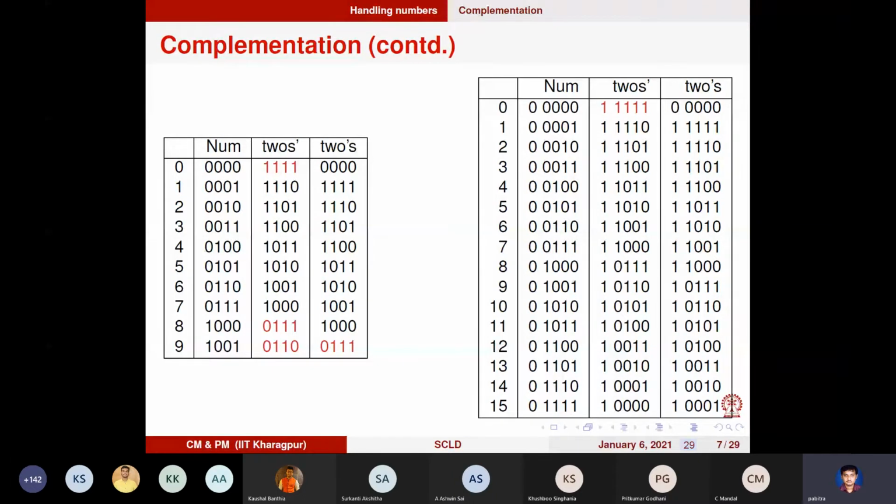For example, I have told you that the most significant digit is often the sign bit, but sometimes this is not the case. This was the convention for a long time, but sometimes it is not used. For example, if you want to represent very large integers, as you will see later, Google has a protocol known as protocol buffers, prot buff. They have to represent very long integers, and they can do so by concatenating a number of bytes. These large integers may represent index numbers of web pages, which are in trillions